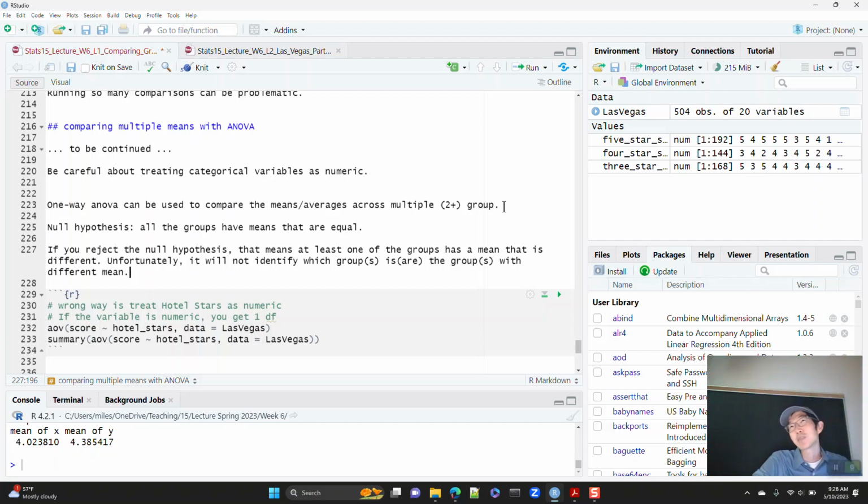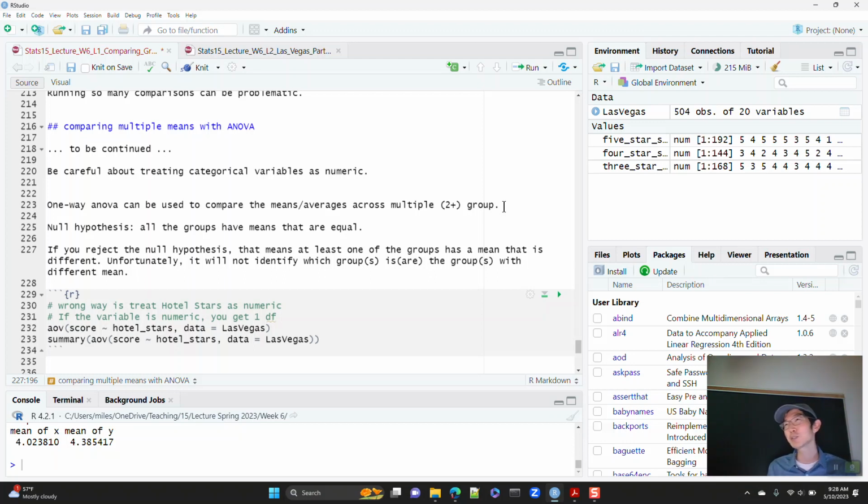You might compare 20 states, and your null hypothesis is no, there's no difference. The alternative is that at least one of these states has a different average height than the others. And the data might come back and say, we have evidence that not all 20 are the same, at least one of them is different.